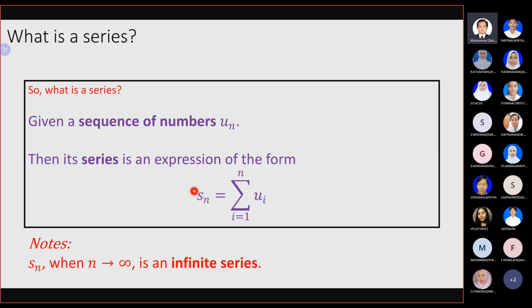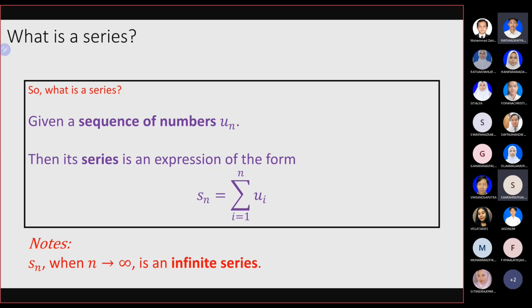SN kan? SN itu sum dari sebenarnya bukan semuanya ya. SN itu misalkan S1 berarti jumlahan dari satu barisan yang pertama. S2 berarti itu jumlah dari 2 barisan yang pertama. S3 berarti jumlah dari 3 yang pertama. Jadi kalau S1 adalah U1, S2 adalah U1 tambah U2, S3 adalah U1 tambah U2 tambah U3, S4 adalah U1 tambah U2 tambah U3 tambah U4 dan seterusnya. Sudah ingat sekarang? Ya, ingat, Sir.